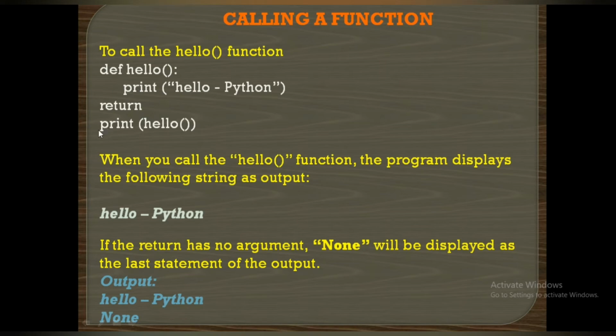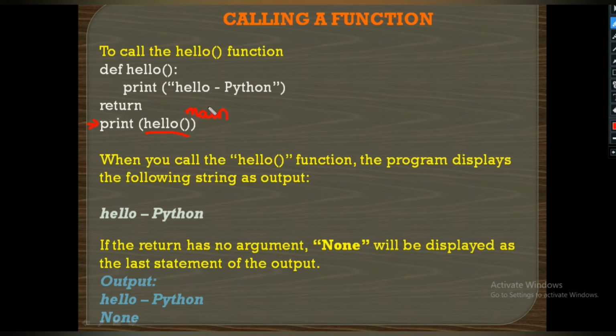Okay, your main program starts from this line, print hello. Print is a function used to display the content. So within this parenthesis, what we have to do is just call this function. How can we call hello? Hello is the function name. Once the control executes, the program code executes from here only. So the program executes from the main program code. The main program starts from here because this print statement is written at zero indentation. Okay, is it clear?